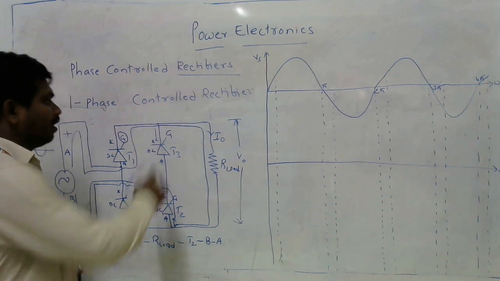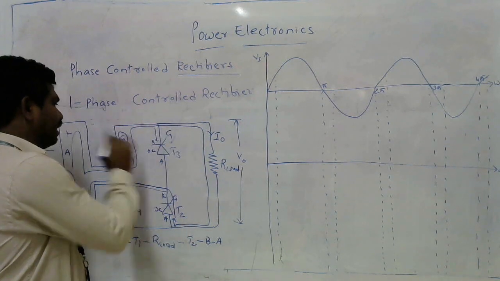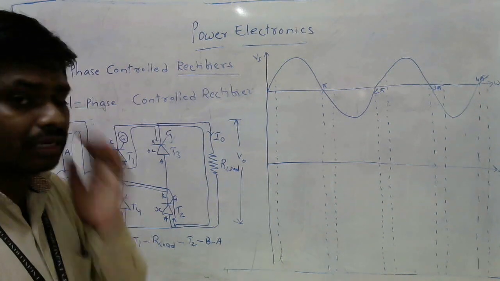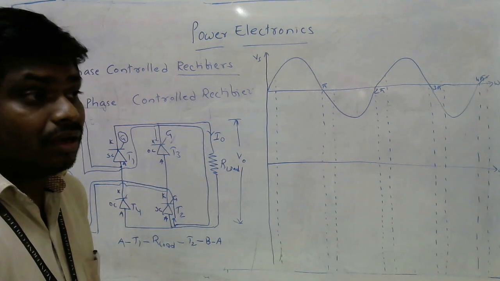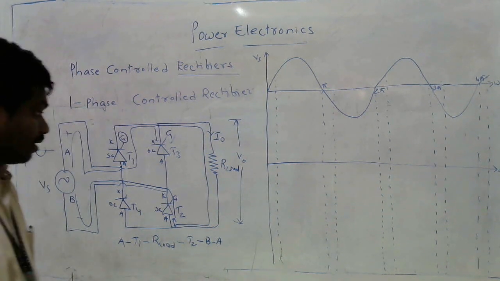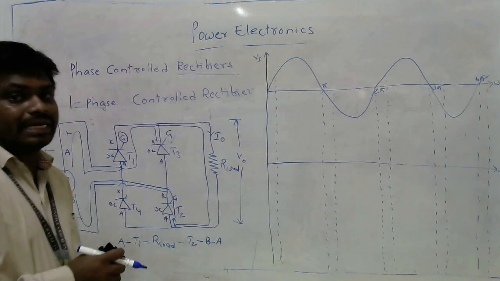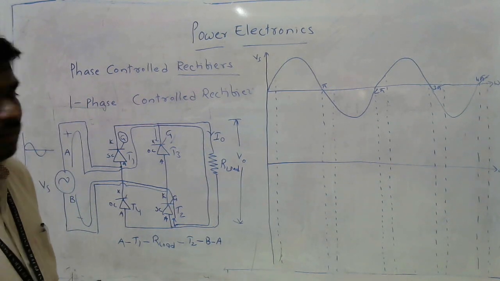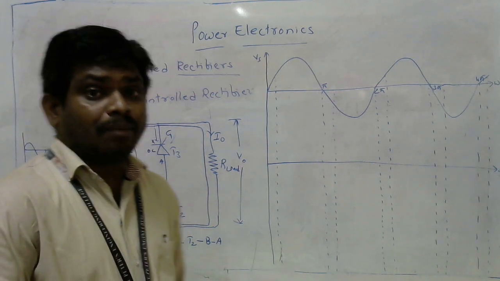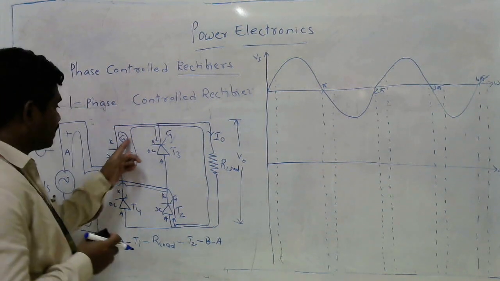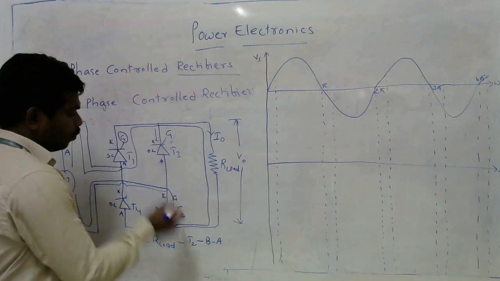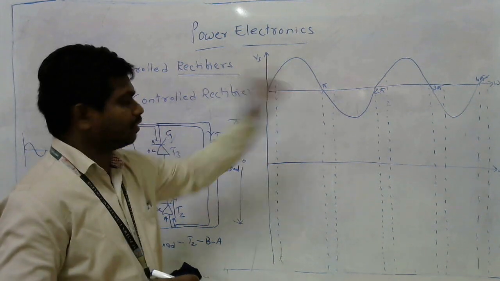So what does it mean? We already saw that case: the gate voltage is produced by a controlling circuit. That controlling circuit design we have seen in the last class, the UJT triggering circuit. We can use it here to produce the gate signal. There itself we have one element, that is the potentiometer. The potentiometer will decide the firing angle. So the gate signals that T1 and T2 get have a range from 0 to 180 degrees.